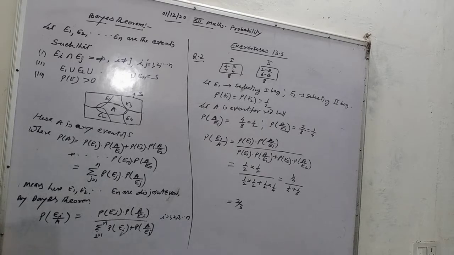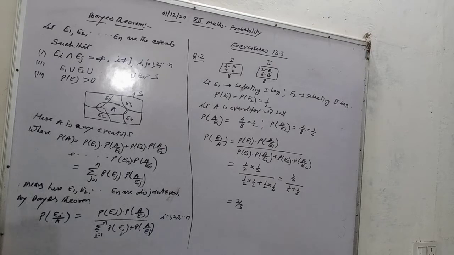Also the union of the events E1 union E2 and so on is equal to the sample space. So these are mutually exclusive and exhaustive events. Exhaustive means their union is equal to the sample space. And the probability of any event is greater than 0. From the figure, A is any event of the sample space, and all the events E1, E2, E3 and En are connected to A, where A is the known event.